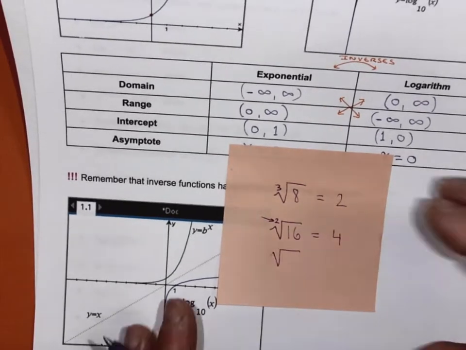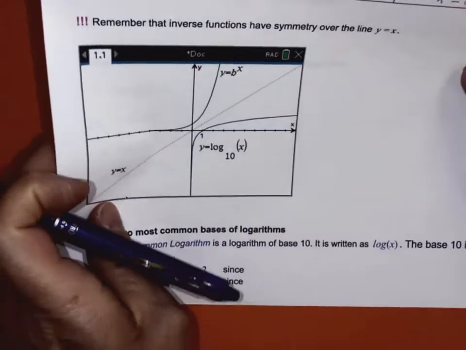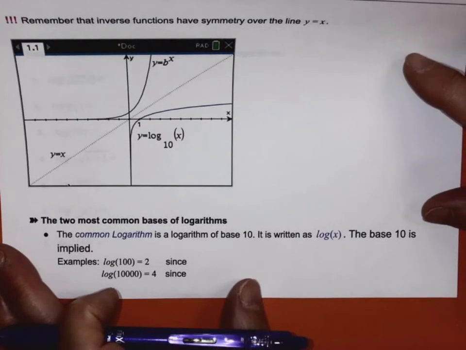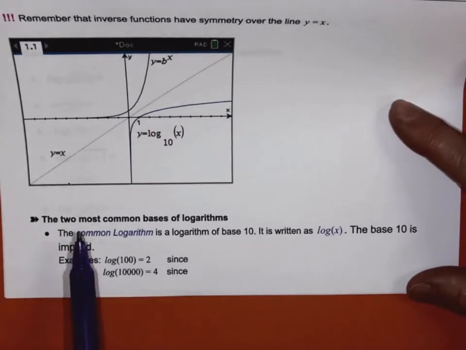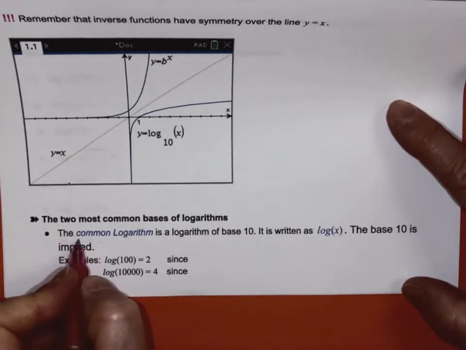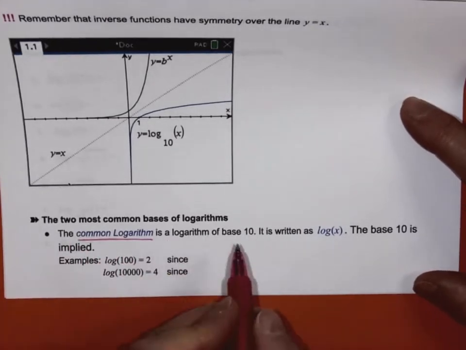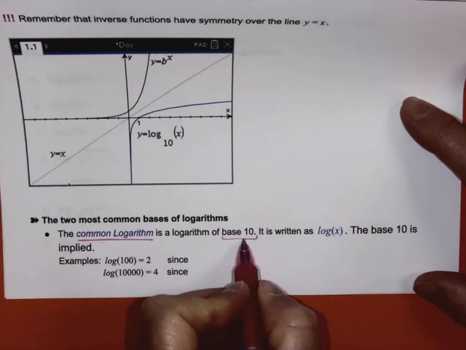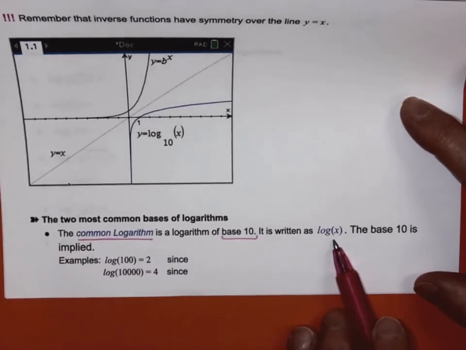Well, the logarithms are kind of the same way. There are 2 common ones, and so we don't write their base because we write them so often that we just don't write their base, and we just know. So the first one is what we call the common logarithm. Common from the most common one, right? And it's a logarithm with a base 10. So if you see a log like that, that doesn't have a base written on it, then you know it's